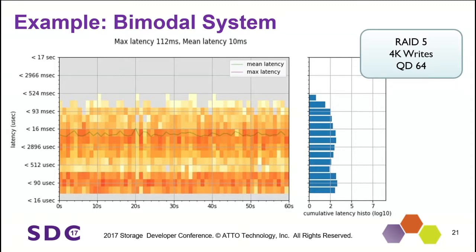So what they ended up is they were getting bad performance. Take a look at this cumulative latency histogram, okay? If you just look at this, you're going, I don't really know what's going on. When I go back to the heat map, I see, wow, this is bimodal, right? I got a big line here, and I got a big line here. And my customers are using all the same drives, and it doesn't really matter because it's going through our RAID engine anyway. So what in the heck is going on with this?